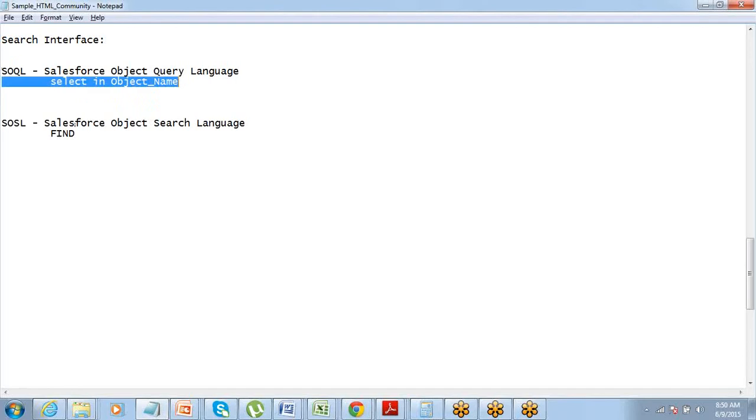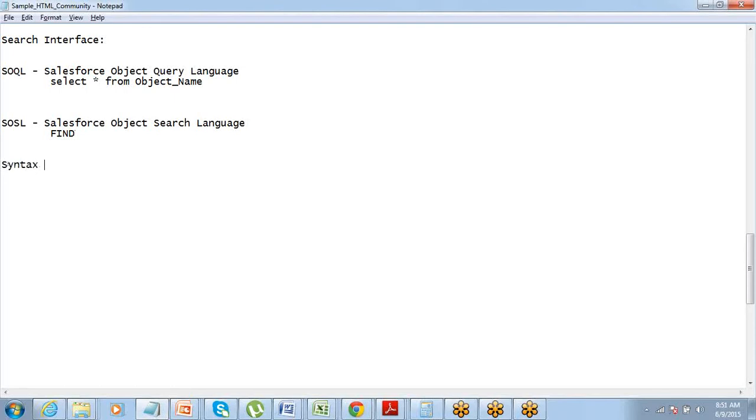So basically you decide on which object you want the data to be retrieved from for SOQL, right? So you say select star from object name, right? Which means a SOQL query basically is capable of running within the defined object, only one object. A find statement of SOSL can actually run on multiple objects at the same time, or in fact in all objects, right? So here the syntax is a little different.